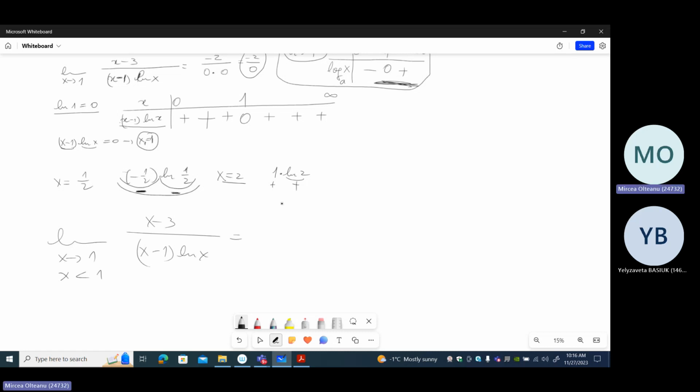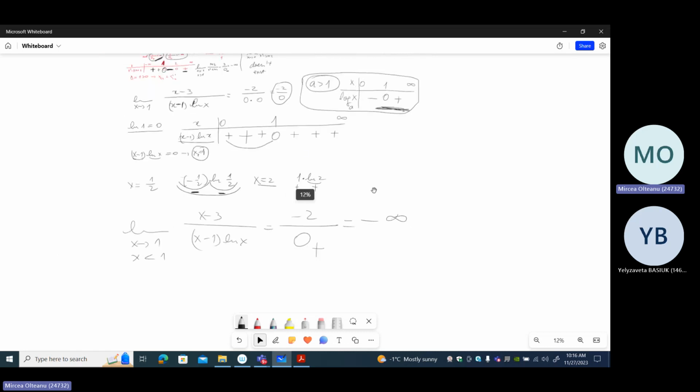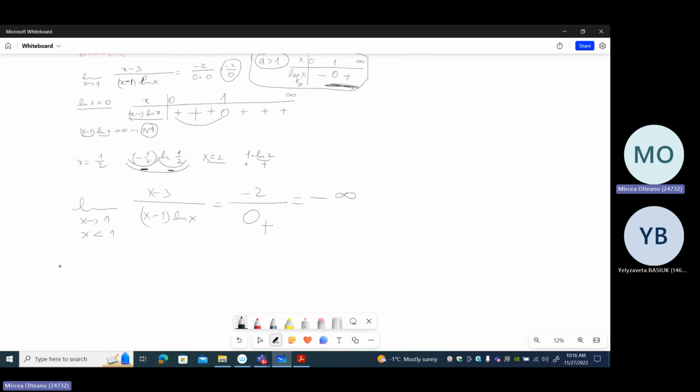When we replace x by 1, we get above minus 2, and below we get 0, of course. But now let's see, if x is less than 1, what's the sign of the denominator? It is plus. Minus 2 over 0 plus, it's minus infinity, and we met already this kind of operation. And now,